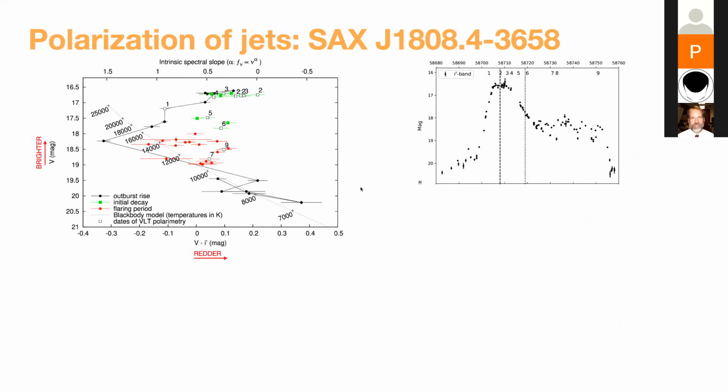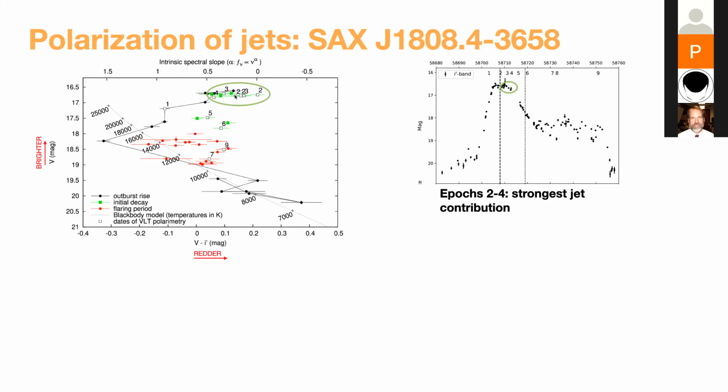So to unveil the emission of jets in the system, we built this color magnitude diagram, which is V magnitude versus V minus I color. So basically, the bigger this quantity is, the redder the spectrum is. And we overplot this black body of an accretion disk model. And also all these numbers indicate the polarization epochs in which we took the data. So we can see different behaviors in this diagram. We have epoch 1, that is at the beginning of the outburst, and it is also one of the closest to the black body model.